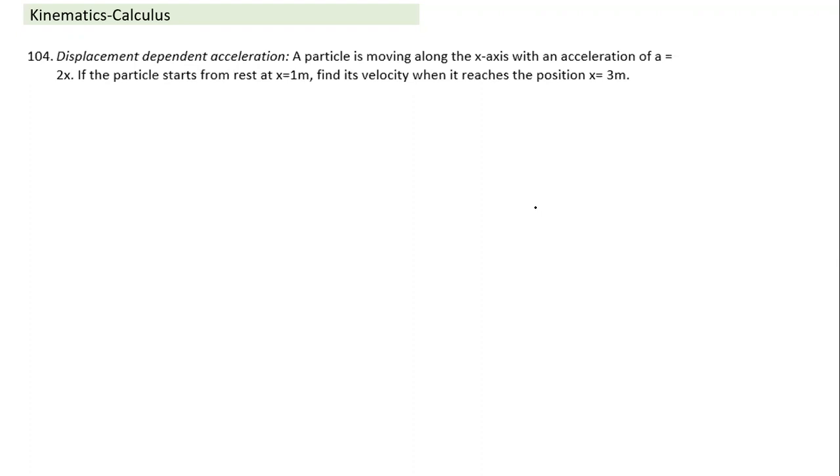How do you solve it, Khyati? Sir, first we'll find the equation between the acceleration and the position, which is already given. So acceleration is varying with position. If this is the x-axis, at different points it will have different values of acceleration. At the origin, it has 0 acceleration. a is varying as 2x. And it starts from rest at x equal to 1 meter. Where does it start from? Not from the origin. The particle is starting from x equal to 1.